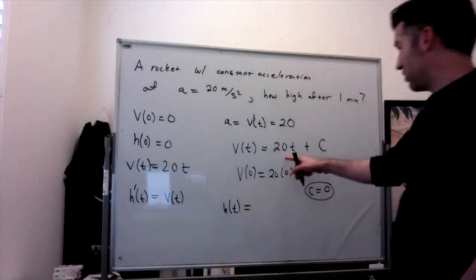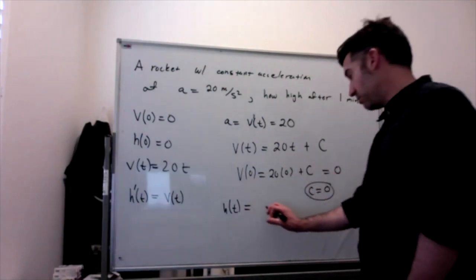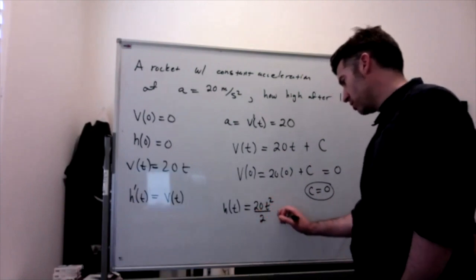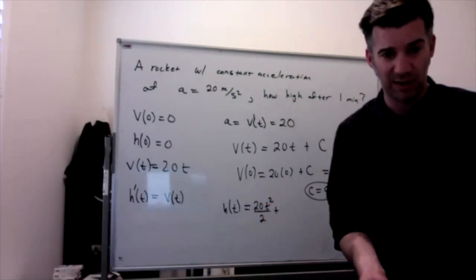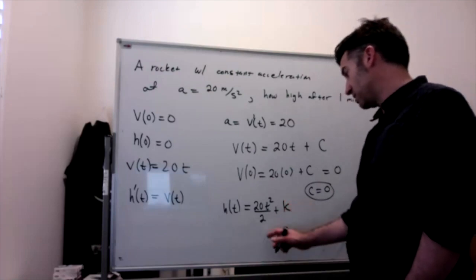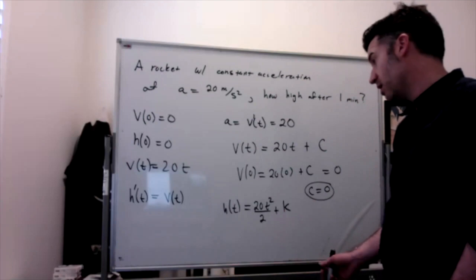So the antiderivative of 20t is going to be 20t squared over 2 plus another constant. You can use the same letter c, you can call it k, it doesn't really matter. So that's 10t squared plus k. And